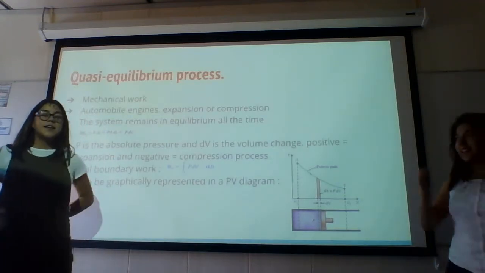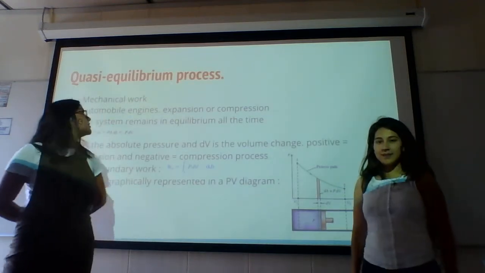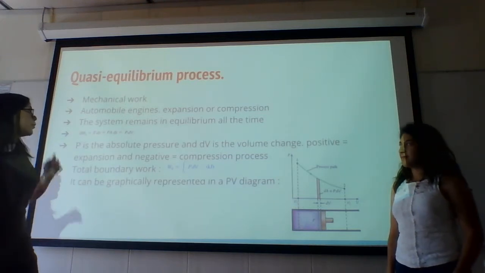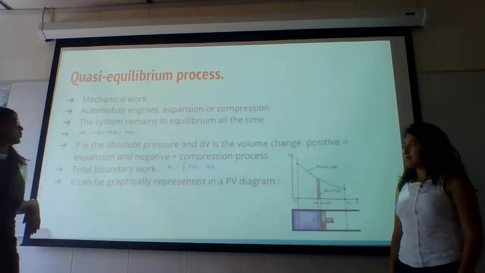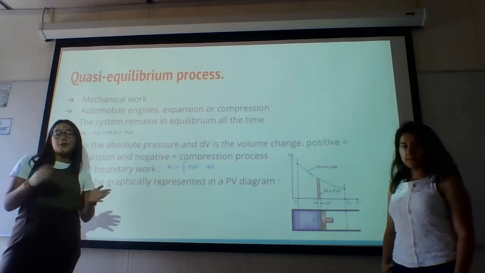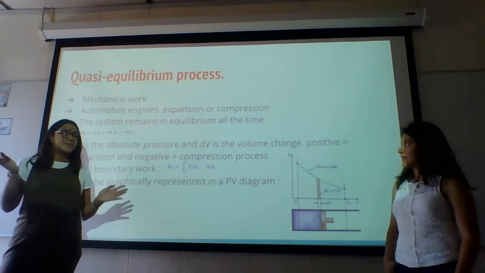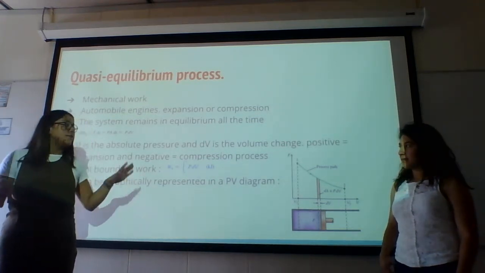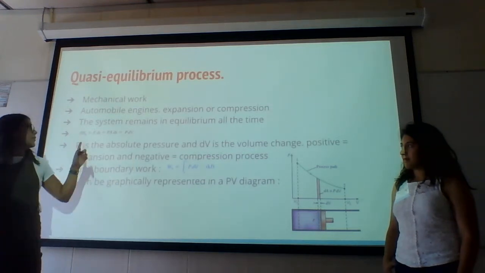So the first topic is moving boundaries. First we have a quasi-equilibrium process in which it's mechanical work, and usually it's automobile engines that either auto-compress or auto-expand. In this we have the system that remains in equilibrium the whole time, and we have this formula